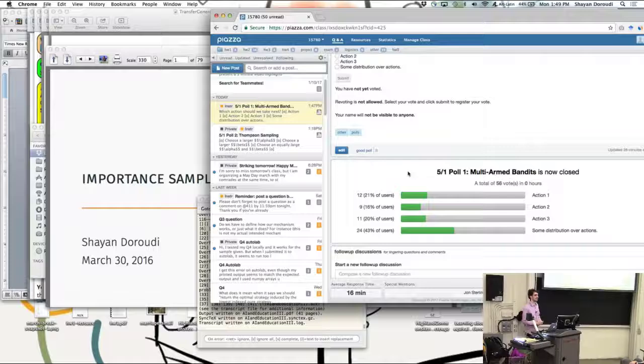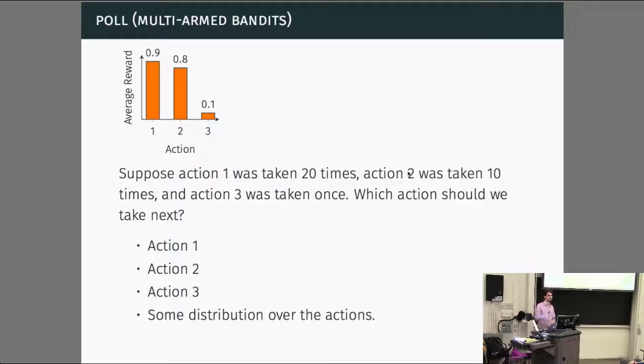Does anyone want to argue for why you would take a particular action? Yeah. I don't know which action you take, but I think you should take one of them. OK. And the reason being that each action has some value from taking the better action and some value from figuring out what the better action is. OK. But in the general case, it seems unlikely those three would all have the same exploratory plus expected value. So one of them is likely to be the best, and you should pick that one. OK, so that's a nice argument. You're basically highlighting the next thing I'm going to talk about, which is this exploration versus exploitation dilemma.